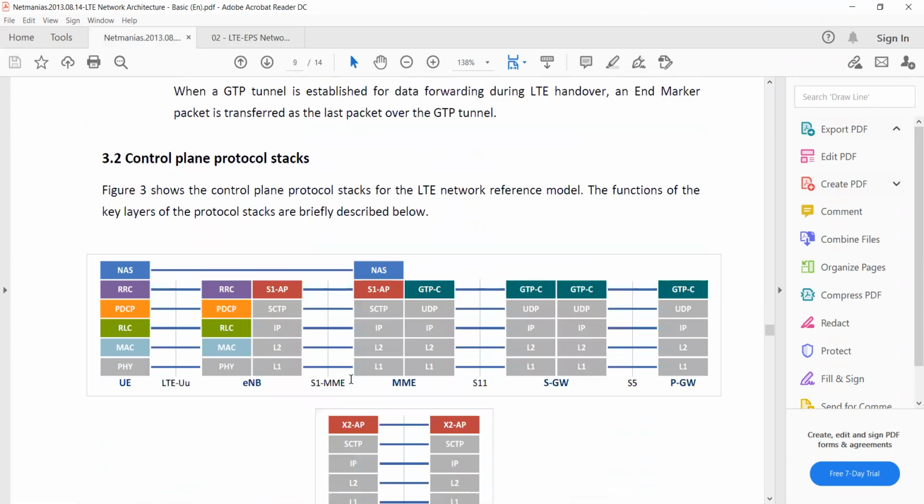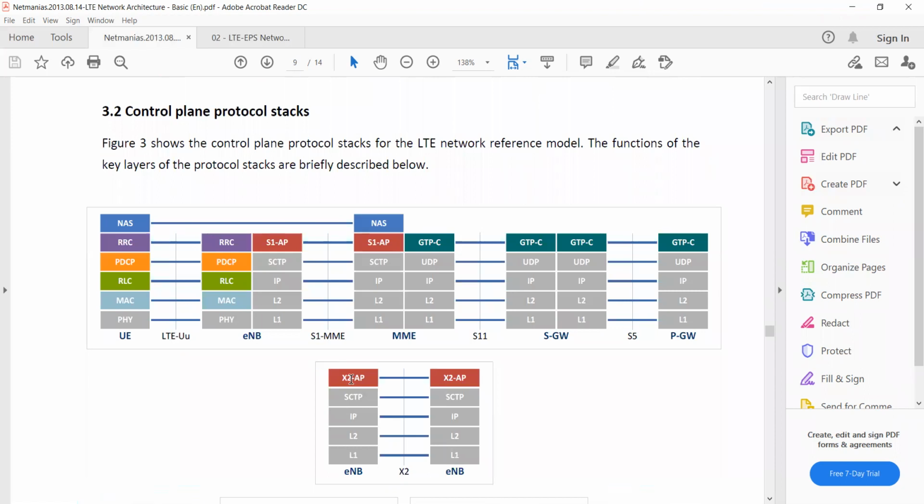If they ask us, do we need to draw the complete one, or just the eNode B part or the UE part? They will ask you between UE and eNode B, no need to worry. If you are going for a network-based company like Samsung, Ericsson, Nokia, and you are going for an eNode B testing profile, they will ask you to draw the internal stack of eNode B. Then you have to draw eNode B contacting UE with this internal stack, and eNode B contacting MME with this internal stack. So at that time you have to draw both sides.